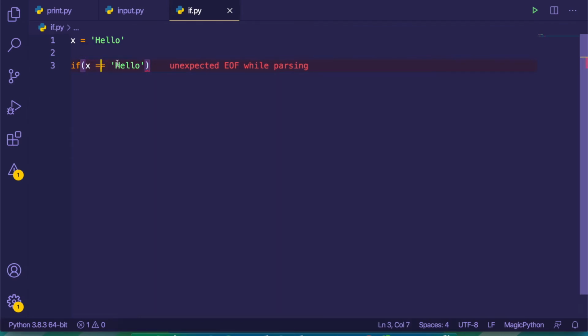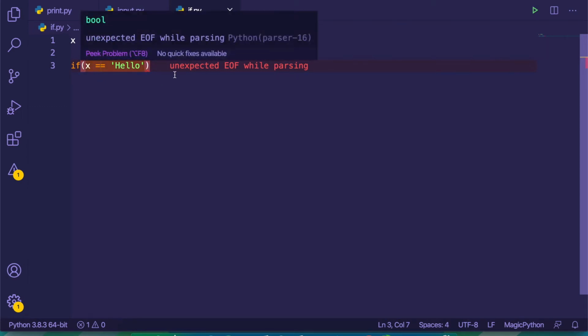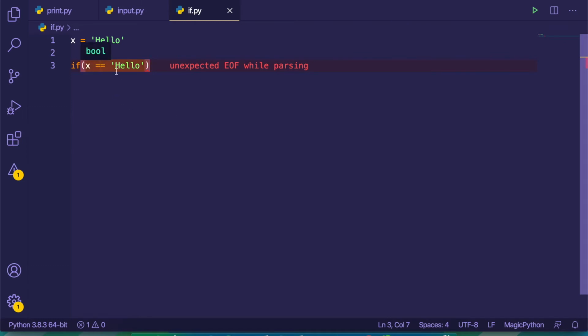I am using double equal to, which returns a boolean value. A boolean value means true or false. When you give it a single equal to, it says that you cannot assign a value under the if statement. So double equal to means we are checking whether the value of x, which is hello, is equal to hello.